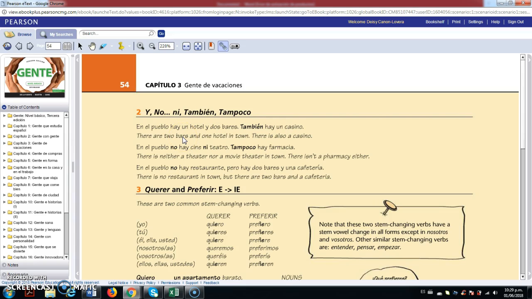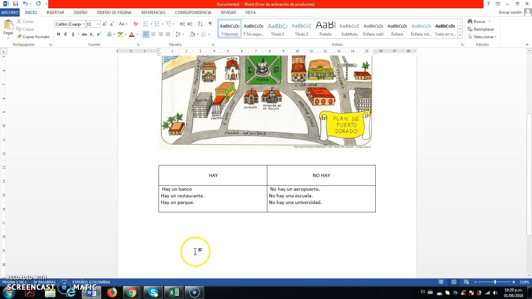So, remember, if we have two, we will use and, but if we have more than two, we will use también, in order to avoid the repetition of and. Okay? So, we will say, in Puerto Dorado, that is the name of the town,